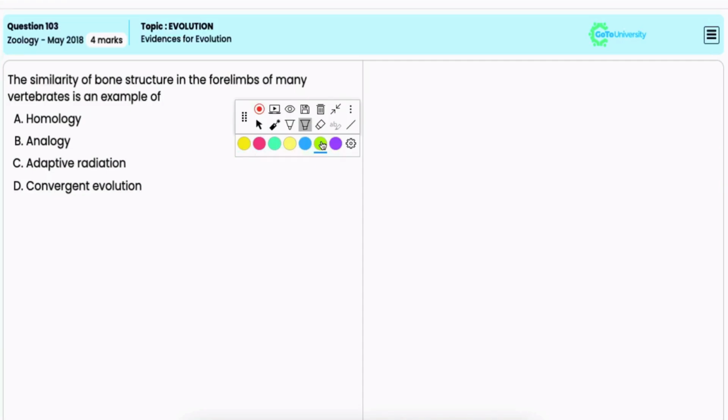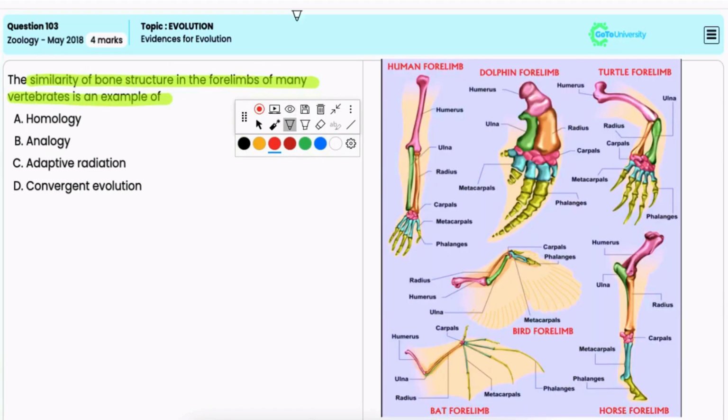The similarity of bone structure in the forelimbs of many vertebrates is an example of option A, homology. Homology refers to structures that have a similar anatomical origin due to common ancestry, but they may serve different functions